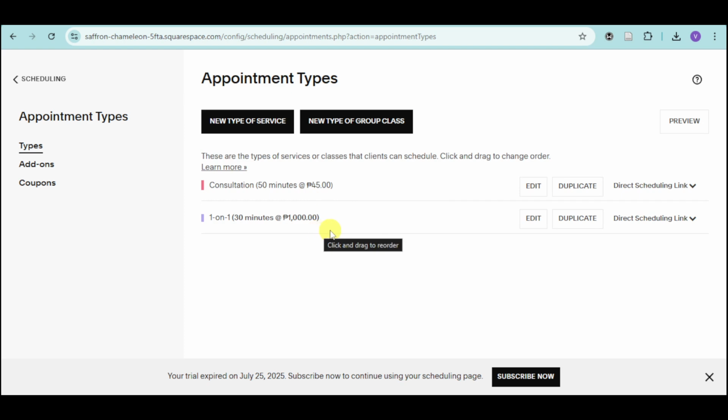Now in there, you can just click and drag on an appointment in order to change its position. So for example, you can head over and create a new type of service or change its actual position right there. So for example, in this case, let's click and drag it, and as you can see, it's been changed